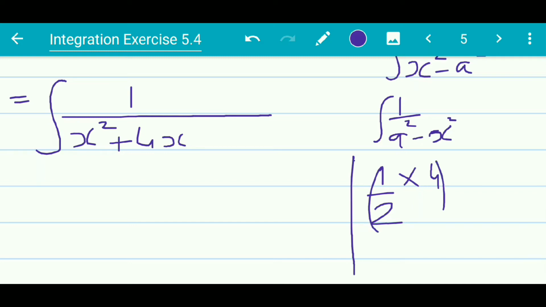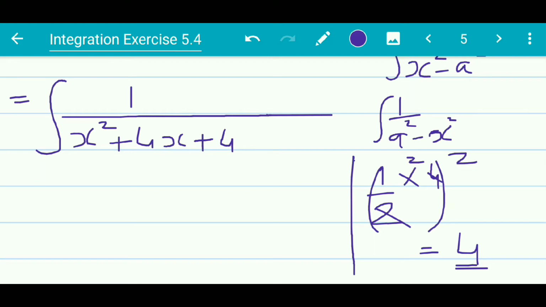Now this is rough work. It does not carry any mark. However, you have to do it in order to go further actually. Okay, so when we do half of 4 the whole square, we are going to get 2 square, and 2 square is nothing but 4. Once we get this 4, we add 4 over here. Whatever answer that we get over here, we add it over here and make it the third term in this particular group.